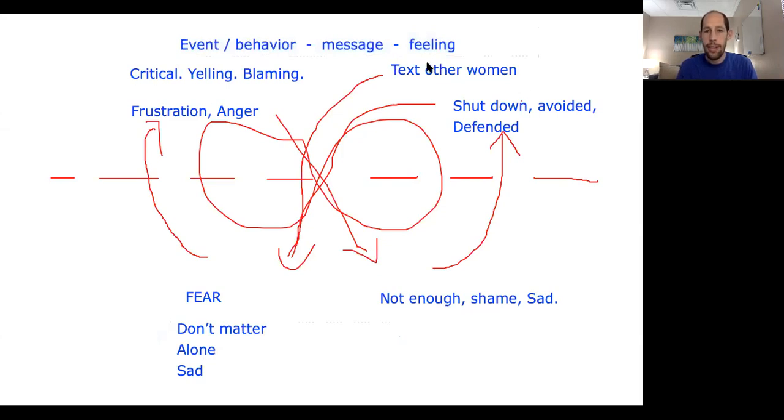That sends the message, right? It's almost like this area right here, this line here, is the message. What message did she get when he was texting other women? For her, the message was the door is now open for somebody to possibly come between us. And as a result of that specific message, the feeling that was created was fear of loss. She did not want to lose him, of course.